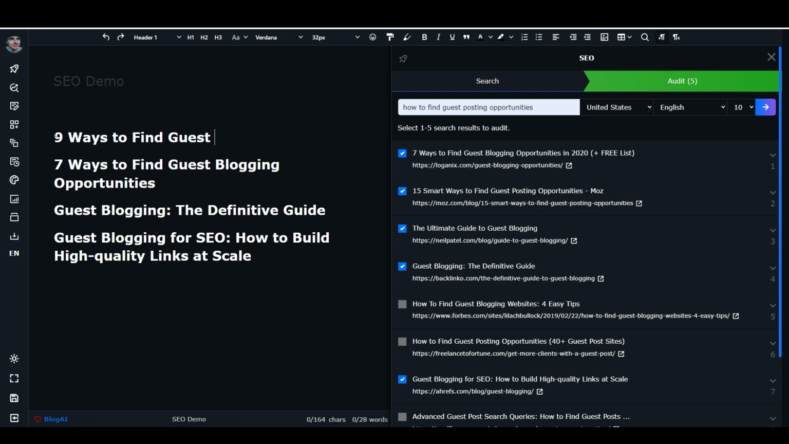guest. And so it seems like basically Google is treating the term guest blogging and guest posting as if they're one and the same for the purpose of this search. So it probably doesn't matter too much. I could do a little bit deeper analysis on that if I wanted to, but I think I'm just going to go with blogging because that's more of a topical word than guest posting. And so we'll say 9 ways to find guest blogging